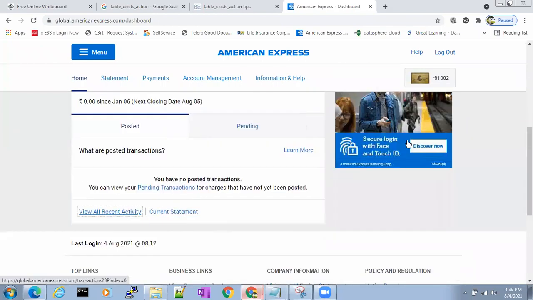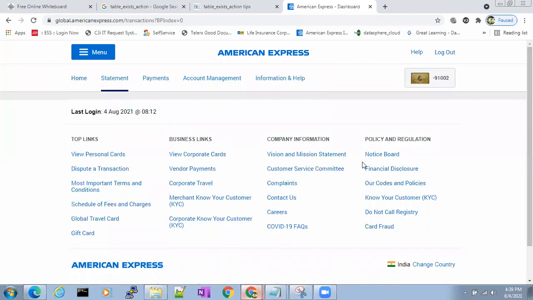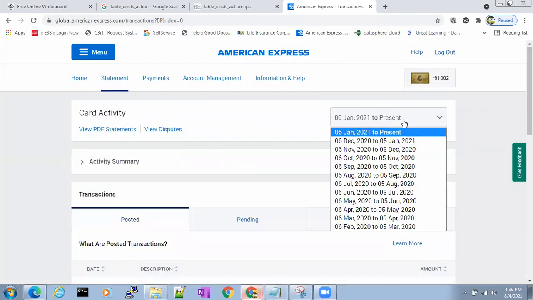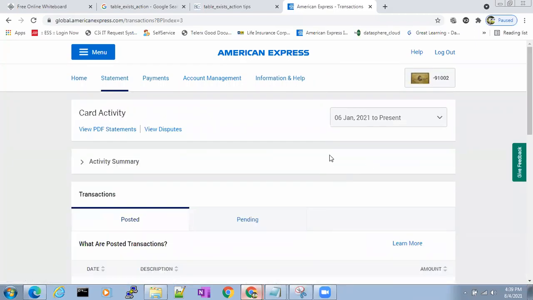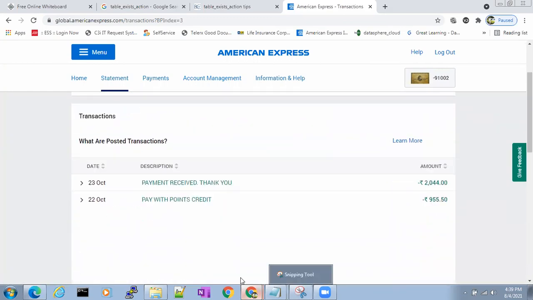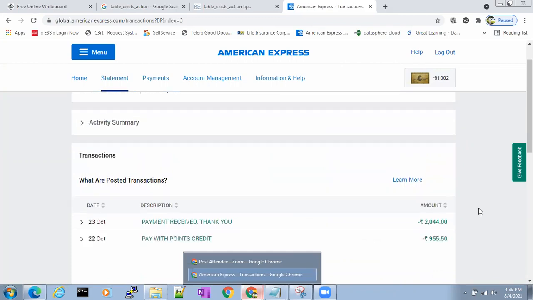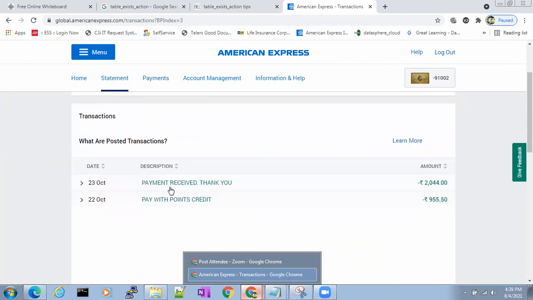For example, view all recent activity. I'm selecting the activity from 6th October 2020 to now: payment received, thank you. Pay with credit, thank you. If these rows are duplicated, if I'm seeing them two times, will the user get confused or not?